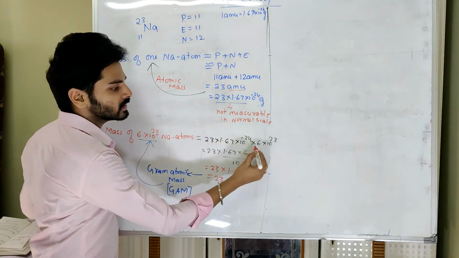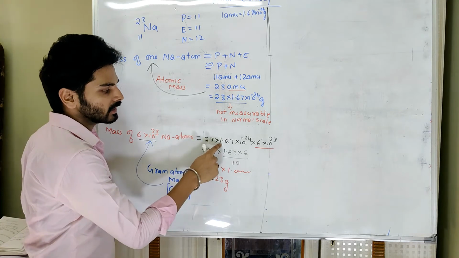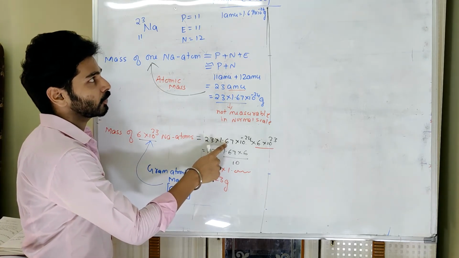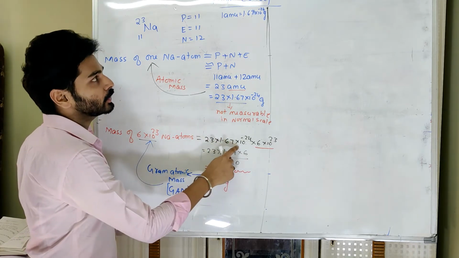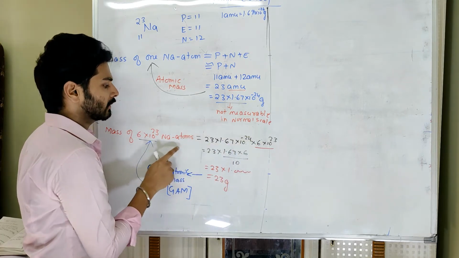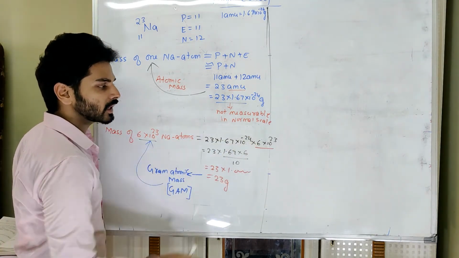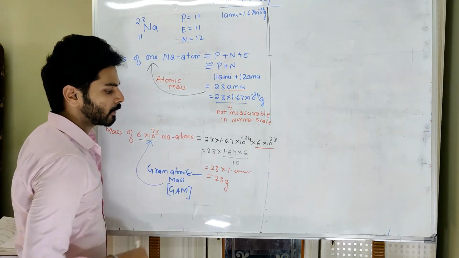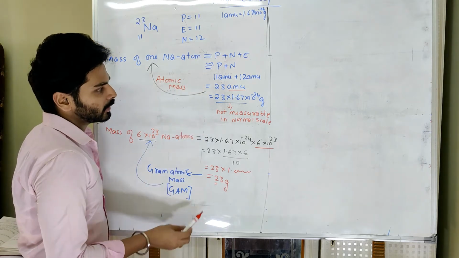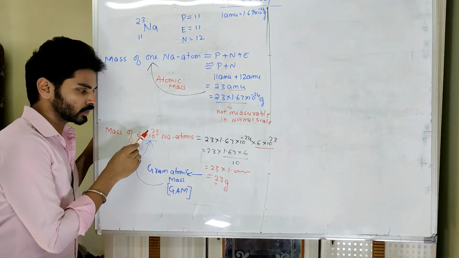So what is in our hand is the count. It is the mass number or atomic mass, and this is the conversion factor for AMU into gram, and this is the total count. Here you can keep on changing this number, thereby you can calculate the total mass of that many atoms. So here I am taking 6 into 10 raised to 23. If I multiply, I am getting 23 gram. By doing so, I can now remember 23 AMU is the mass of 1 atom, 23 gram is the mass of 6 into 10 raised to 23 atoms.